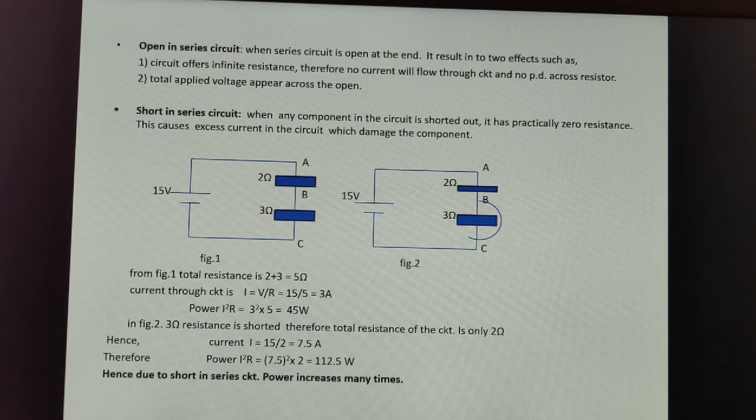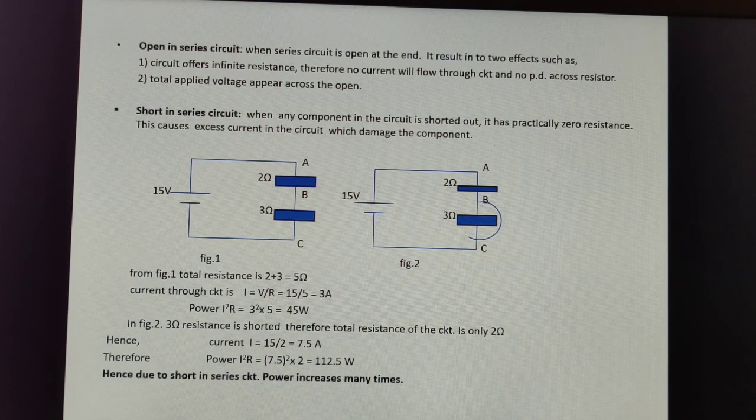Then next we see short in series circuit. When any component in the circuit is shorted out, it has practically zero resistance. This causes excess current in the circuit which damages the component. First diagram shows 12 volt source with two resistors having value 2 ohm and 3 ohm. And in next diagram, figure second, we have shorted the resistor 3 ohm between the point B and